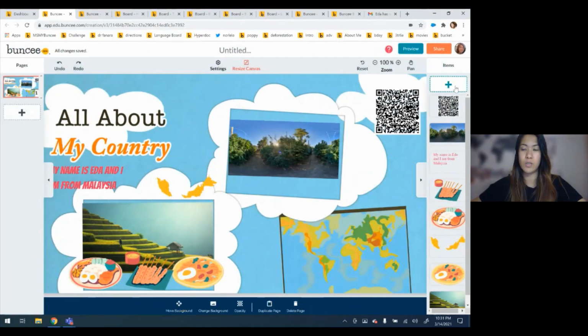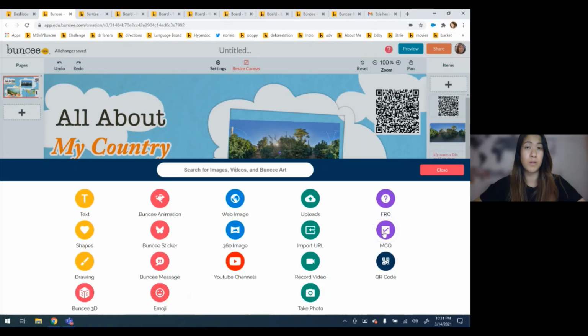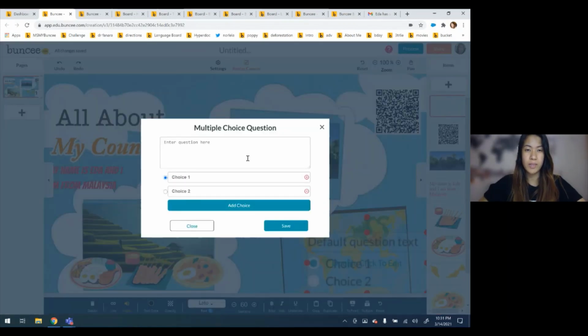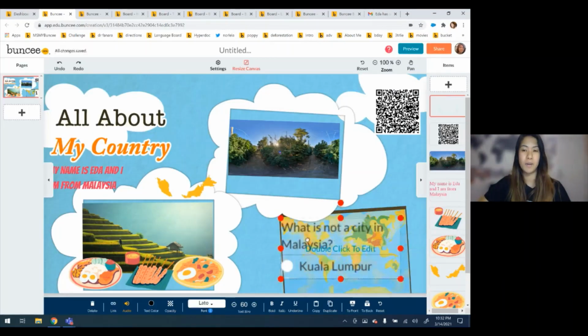And now lastly, just to show the interactivity, a multiple choice question. So let's say that we're going to plan to share this with our students as an assignment. You can also give them a little bit of a quiz. So we can add the multiple choice question. Let's say, what is not a city in Malaysia? And then you can say, Lumpur, or we can have it as, let's say, Manila. And so what you'll notice here is that you can actually pick which is the right answer by selecting here and press save. And so the right answer to the question, of course, is Manila, so I highlighted that, and you press save,